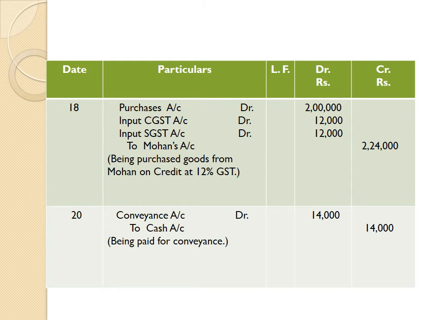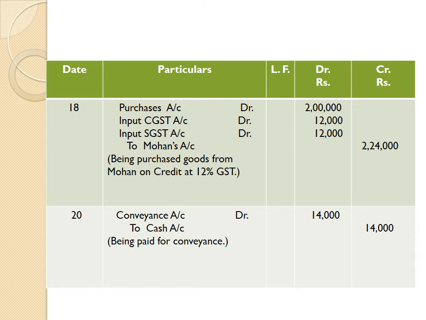So goods purchased, that is purchase account debit 2 lakh. 10% GST on it came rupees 24,000. These 24,000 has been allocated between central and state, and it is termed as